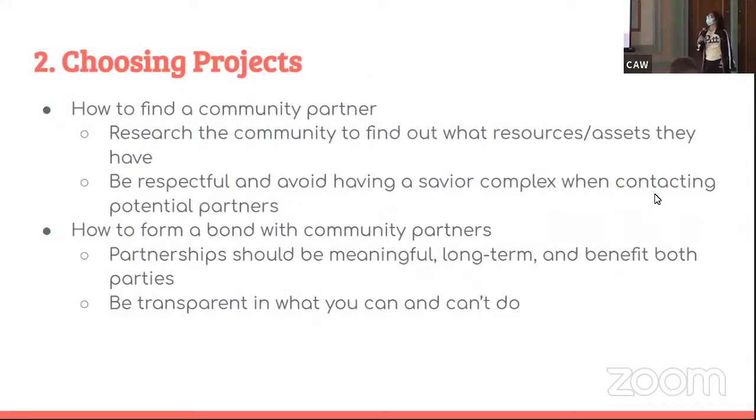Step 2, choosing projects. Before we actually choose projects, we find community partners. This is a huge step in any service event. You want to have some kind of community partner. Step 1 with that is researching your theme or focus area to see which organizations or partners already exist. The biggest thing is researching what resources and assets they have and how what you have can supplement that. The last thing you want to do is walk in and try to take over their organization or whatever they're already doing. You're really just trying to supplement their